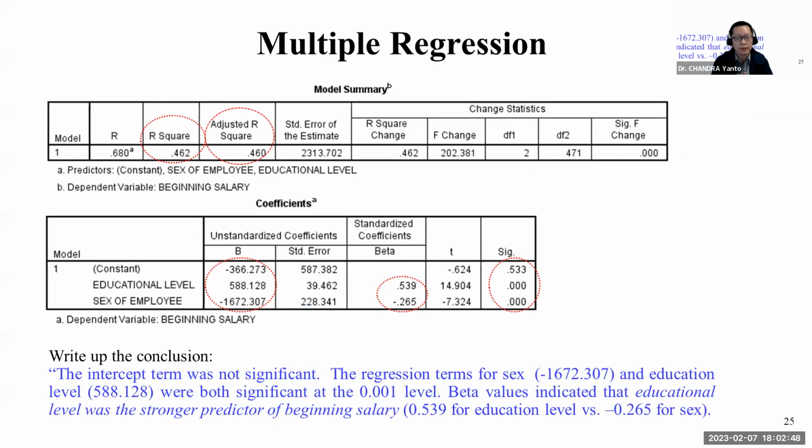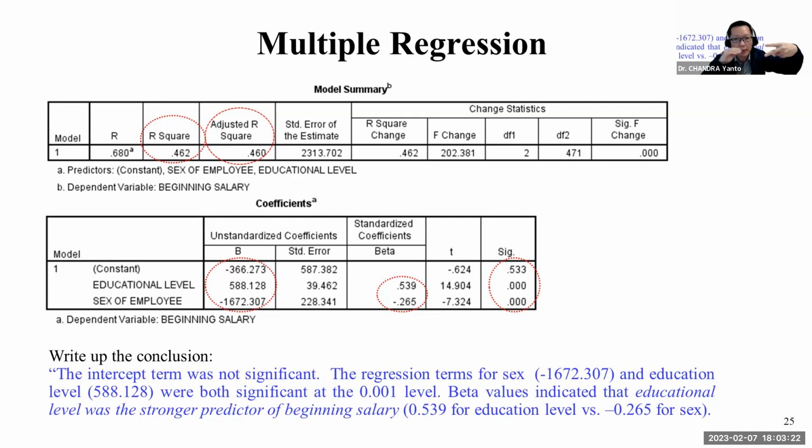Now, in multiple regression, you're going to get this type of model summary and coefficients. So you can see, for example, look at the predictors down at the bottom of the first table. You have sex, you have education level, two variables to predict the beginning salary, right? So the R square is 0.462. So that means 46.2% of the variation of the beginning salary can be explained by sex of the employee and